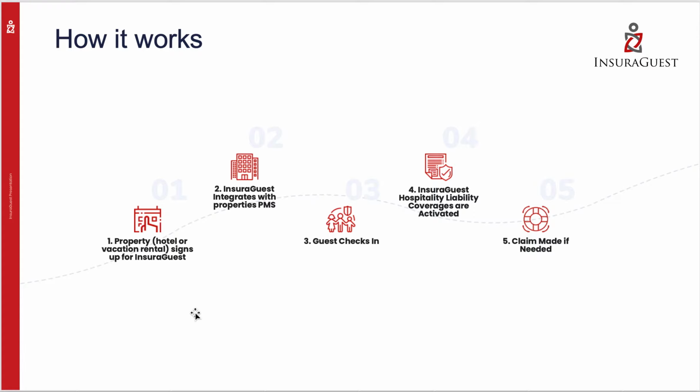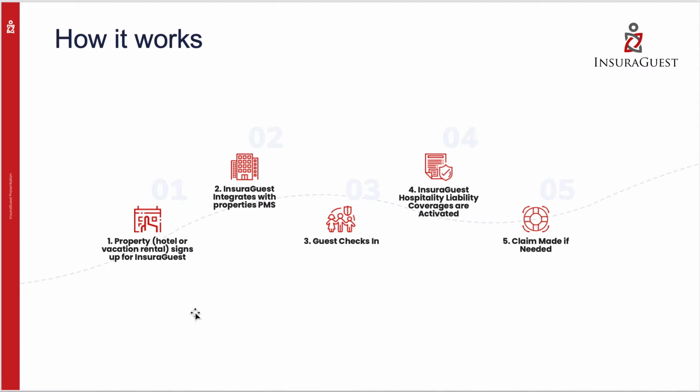How it works. Okay, this is important. InsuraGuest has formed a risk purchasing group where it has written a specialized policy that combines property and casualty and accident and health. So when the hotel becomes a member of our risk purchasing group, we issue them a certificate, because we're the master policy holder. We issue them a certificate that blanket covers their hotel rooms, and again, activates at check-in and deactivates at check-out. We do that for $4.95 a night,